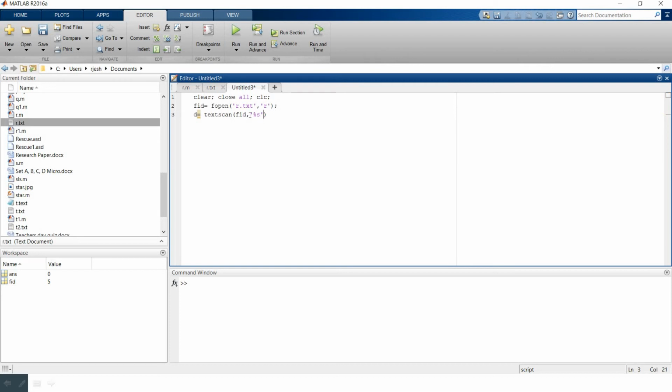Since we are dealing with strings over here, we will use %s followed by a delimiter, \n, semicolon, and then fclose fid.